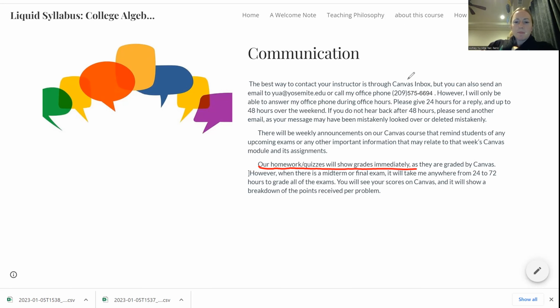as many times as you want. But midterms, I physically grade them. So it might take a few days for me to grade midterms and finals, but I try to do it as fast as I can so you can get your feedback quickly. It depends if it's a big class with lots of students, I guess. And then I'll try to show a breakdown of points on the midterms per problem. So I'll put that on Canvas. Hopefully you can see it, and that kind of helps.